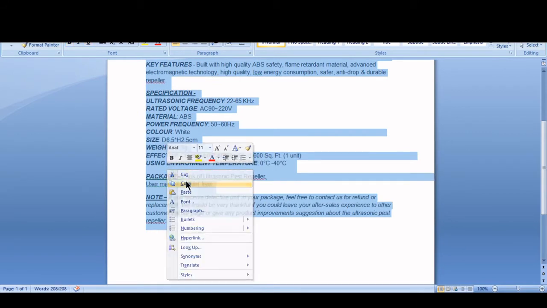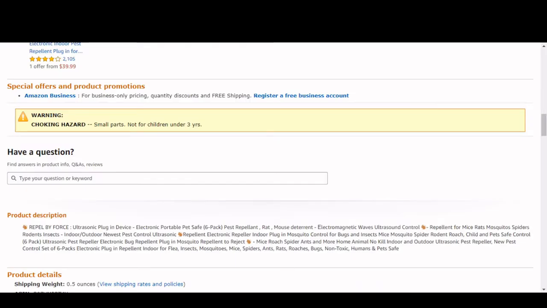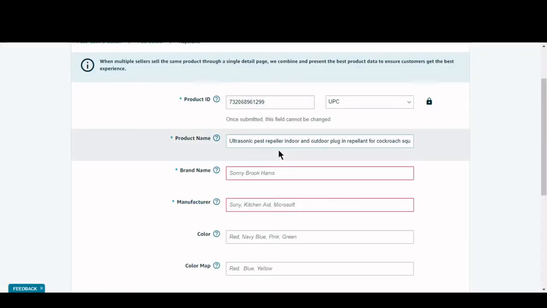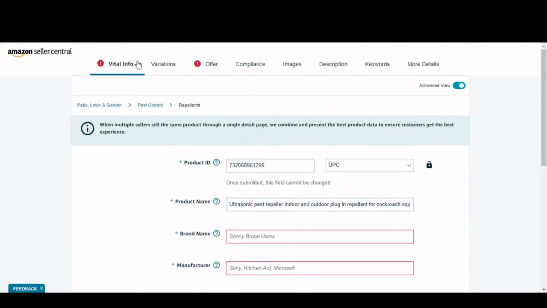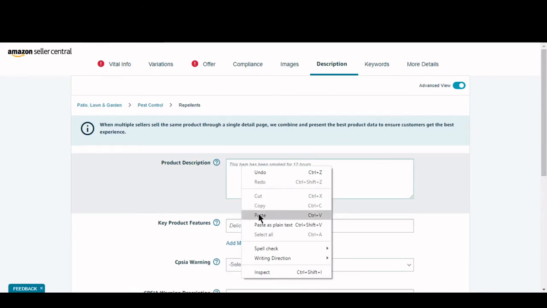As you can see, you have to copy this description, and you have to go to Word to HTML. Type "Word to HTML" on Google. The reason why I am showing you this is, if you go to Amazon and go directly to the description, and put the description in this way,